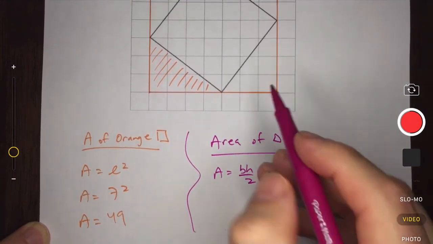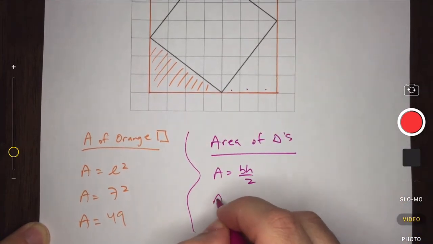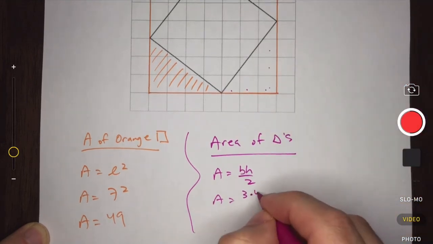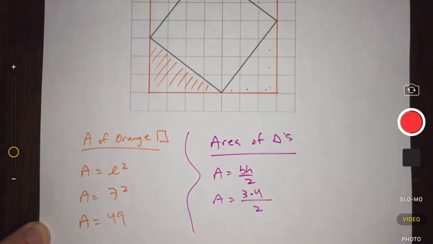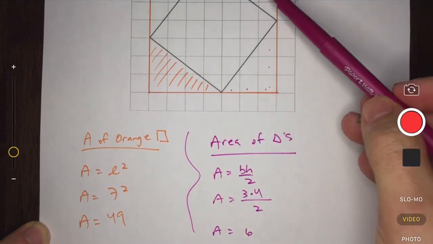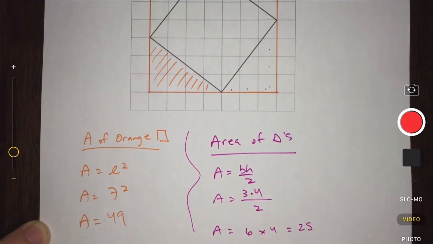So if I look at this one over here, I have a base measurement of 3, a height measurement of 4, and I can divide that by 2, which is going to give me a total area of 6 units. Now don't forget that I have 1, 2, 3, 4 of these little tiny triangle pieces, so I have to multiply that by 4. So what I have is a total area of my little triangle pieces of 24